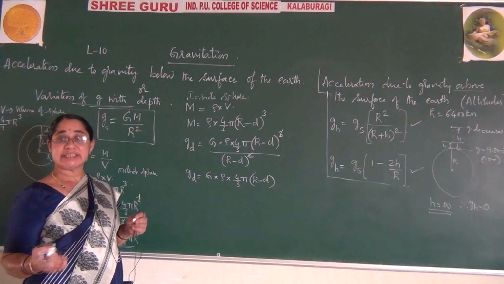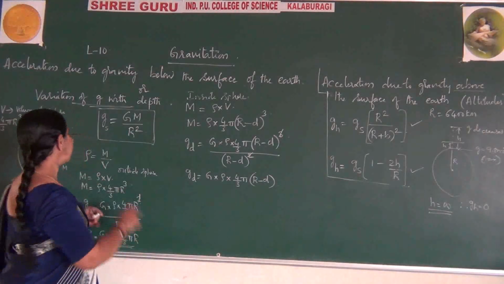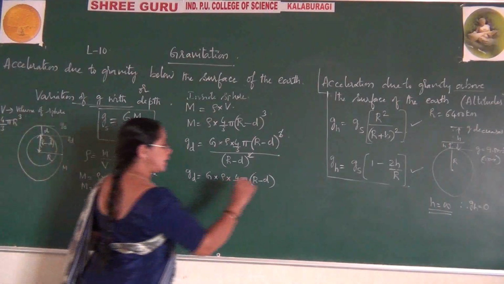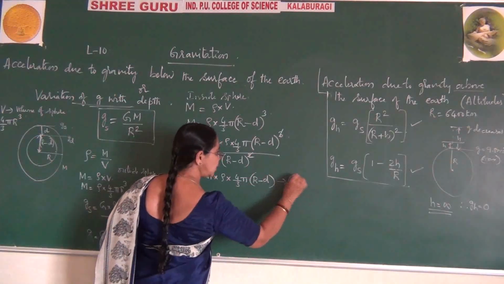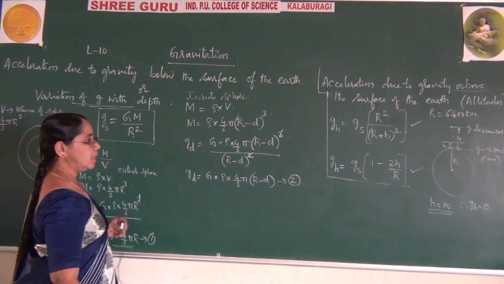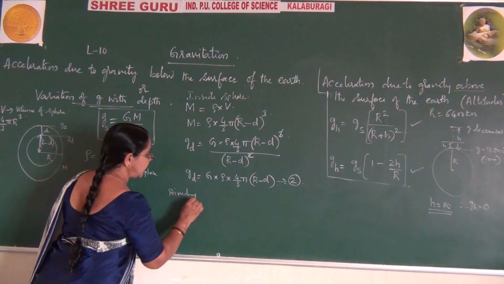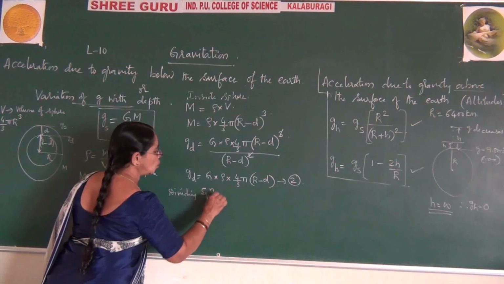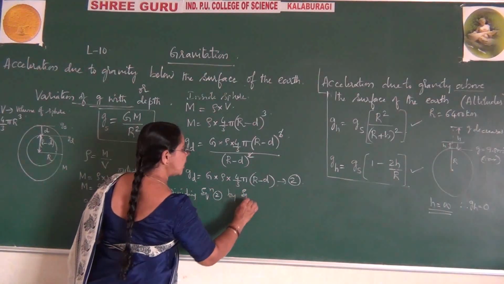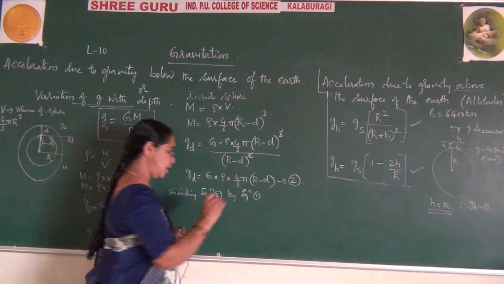We have calculated g_d. But finally we have to arrive at this expression by comparing the surface one to the depth one. So let me write this for your convenience. This is equation 2. This is equation 1. Okay, so now dividing equation 2 by equation 1, we get